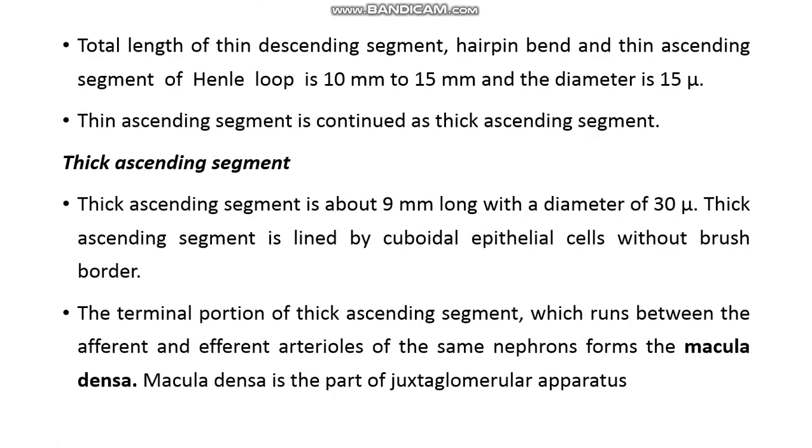So it is not having any brush border. Then total length of the thin descending segment, hairpin bend and thin ascending segment of the Henle's loop is 10 mm to